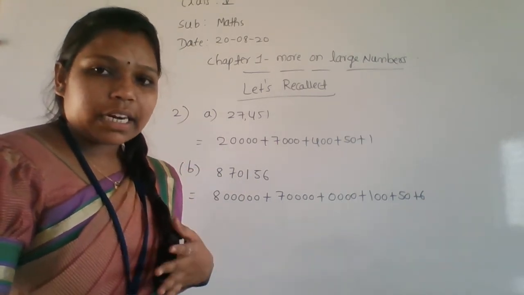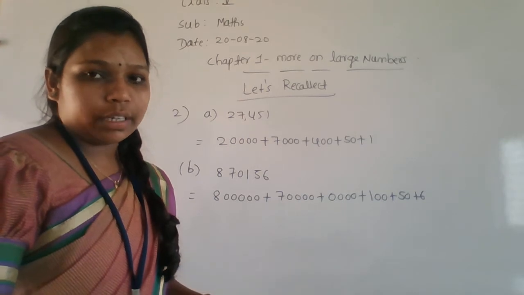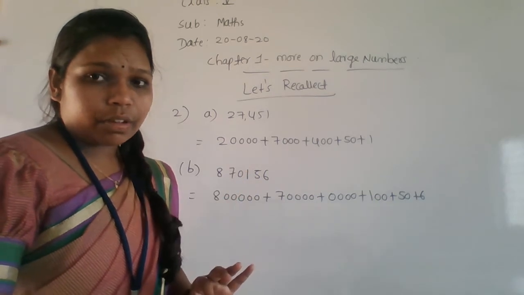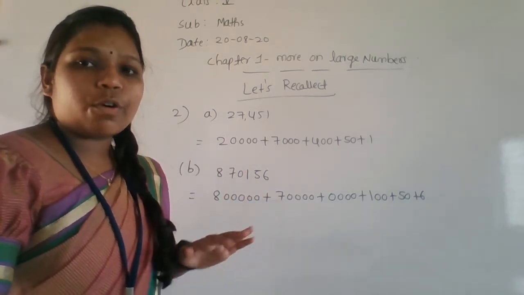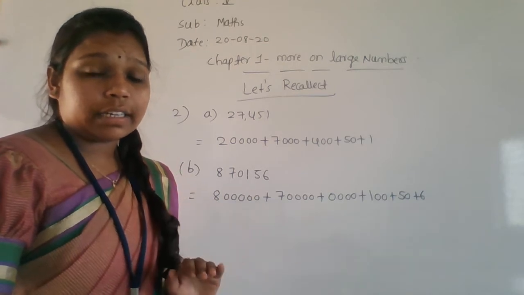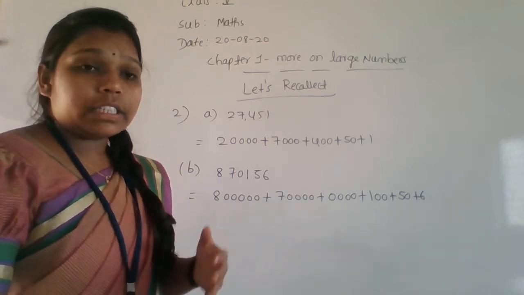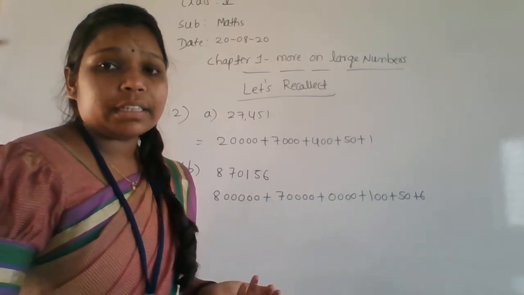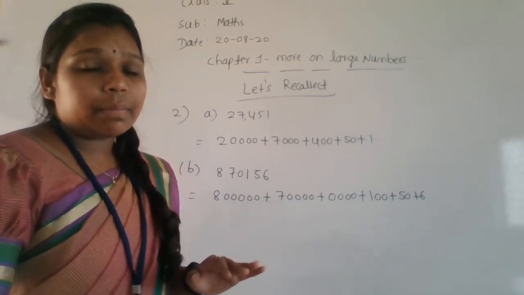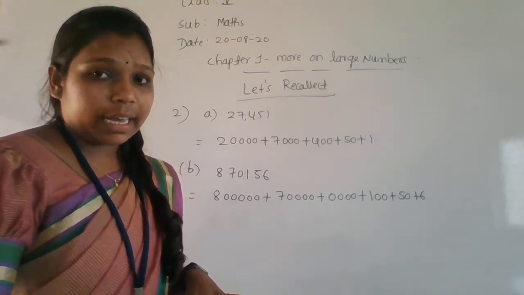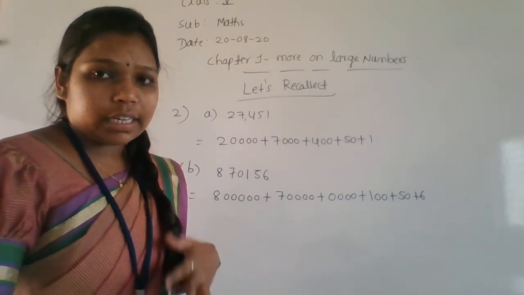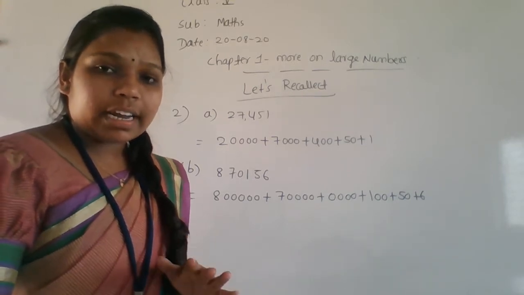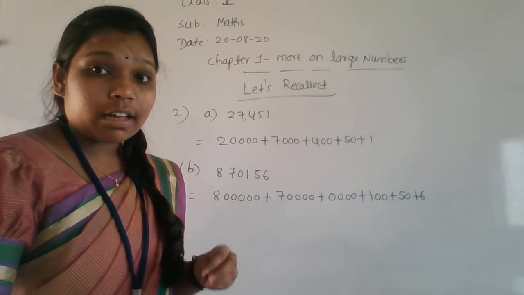Whichever method you are comfortable with, follow that method. We have to make it easy. Whichever is the easier method, we go for that. Don't feel it is difficult and don't use difficult methods. While solving a problem, there are many methods. For each and every problem, there should be two or three methods. Whichever method you feel is easier, follow that. Only then will you find maths easy. Otherwise, maths feels difficult.